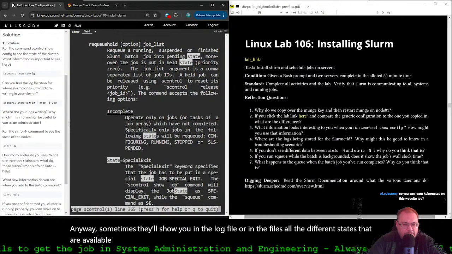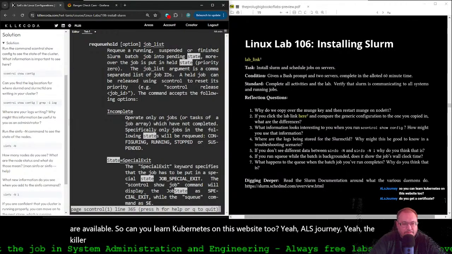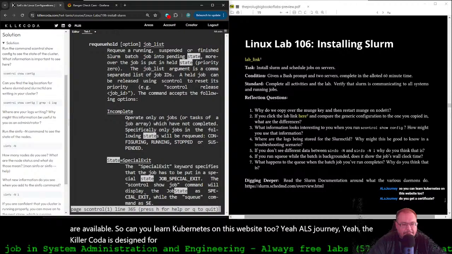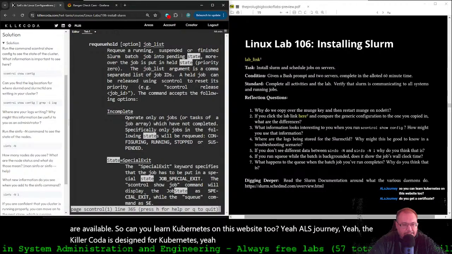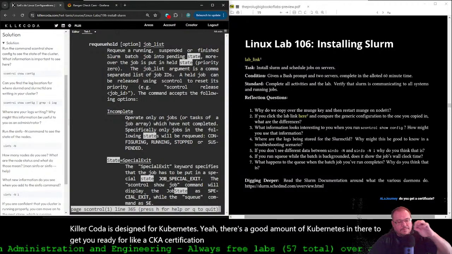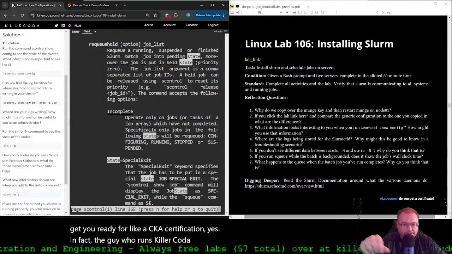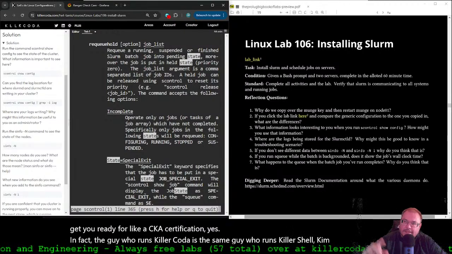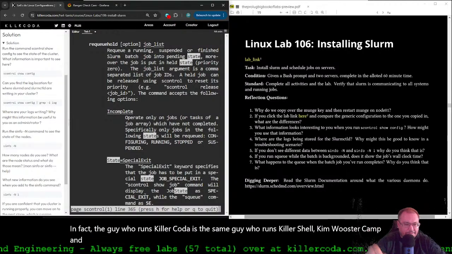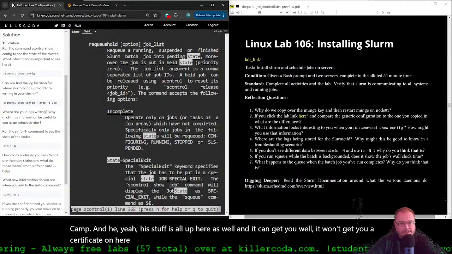So can you learn Kubernetes on this website too? Yeah, the Killer Coda is designed for Kubernetes. There's a good amount of Kubernetes in there to get you ready for a CKA certification. In fact, the guy who runs Killer Coda is the same guy who runs Killer Shell, Kim Wüstkamp, and his stuff is all up here as well. It won't get you a certificate on here, but it can get you ready to go take the cert